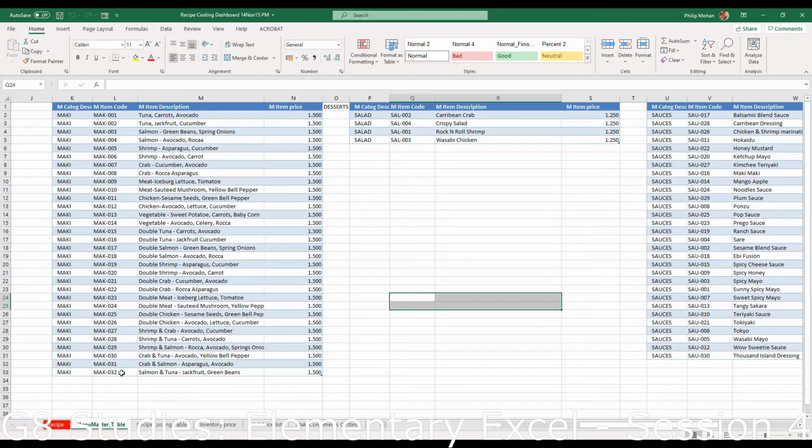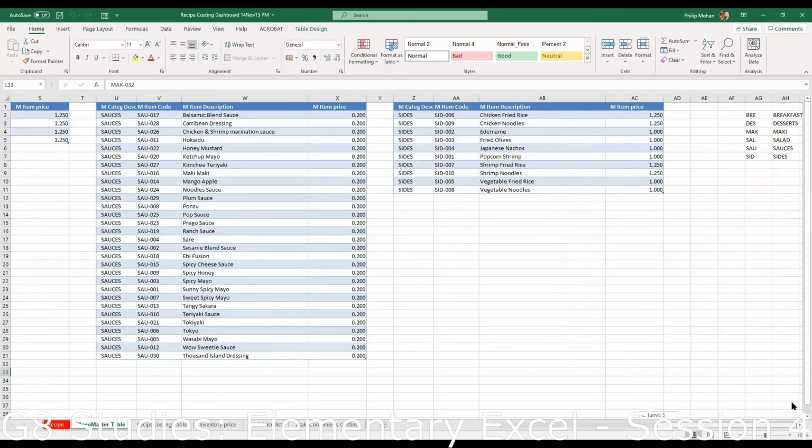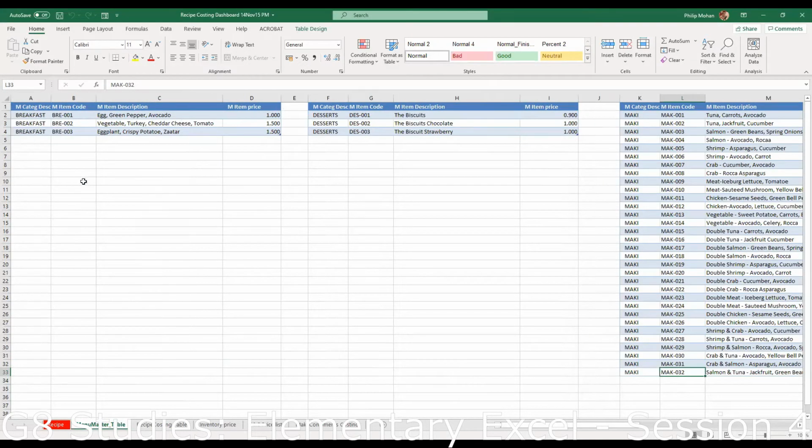items. The marquee's got 32 different marquees that Ajit was selling at one time, and these are the names of the marquees. Marquee is some kind of sushi, right, Ajit? Yeah, exactly. It's a kind of sushi. They've got marquee, they've got salads, they've got sauces, sides, and there was breakfast, if you remember. I don't see breakfast. Where is it? Oh, yes, breakfast. I missed it. Breakfast, desserts.